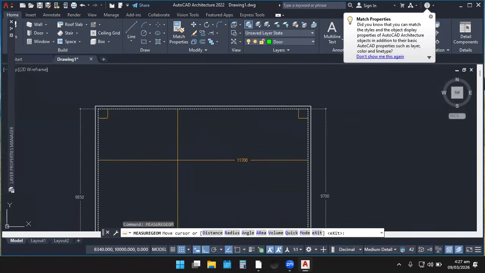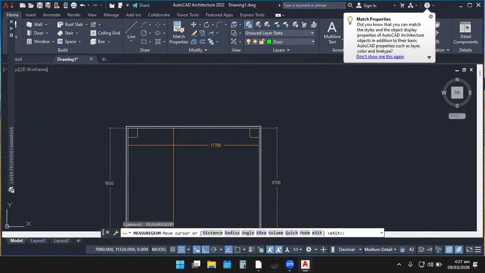As you can see, now the internal dimension is 11,700. Now we want to fix a window inside this room. So which dimension can we consider?